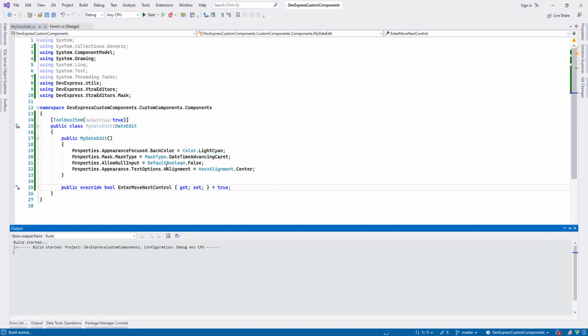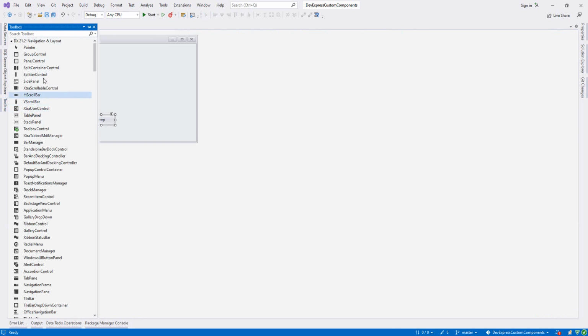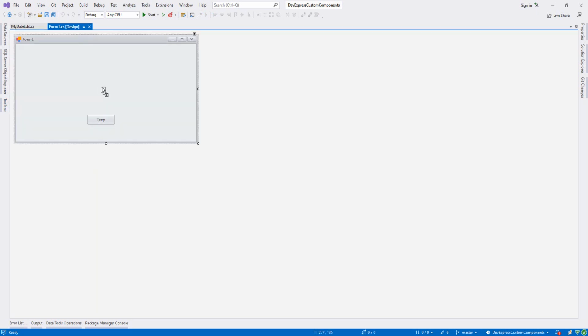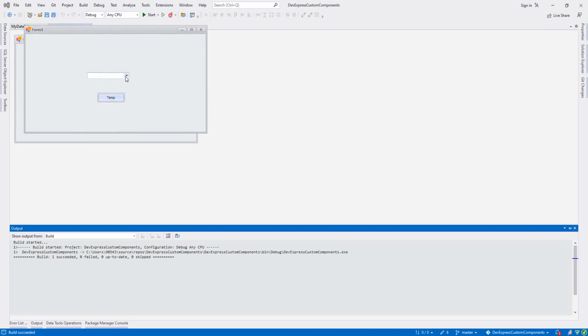Let's build it and let's see how it is functioning. From the toolbox I write my, and you see that MyDateEdit, I move it over here a little bit, resize it, and let's run it and see it. Let's write any